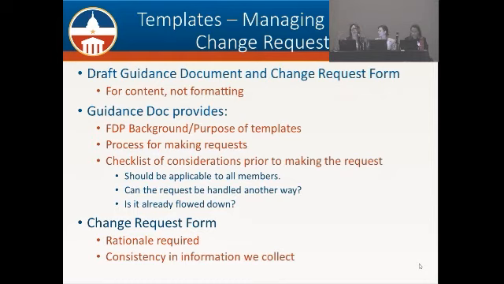So one, is the change that you're requesting applicable to all members? Is it something that can be handled another way, such as an FAQ or a guidance document? Is it something that you didn't even realize was already flowed down in a grants policy statement? What is the impact on business processes, subrecipient monitoring, or invoicing? So it's this list of considerations, so you could talk internally